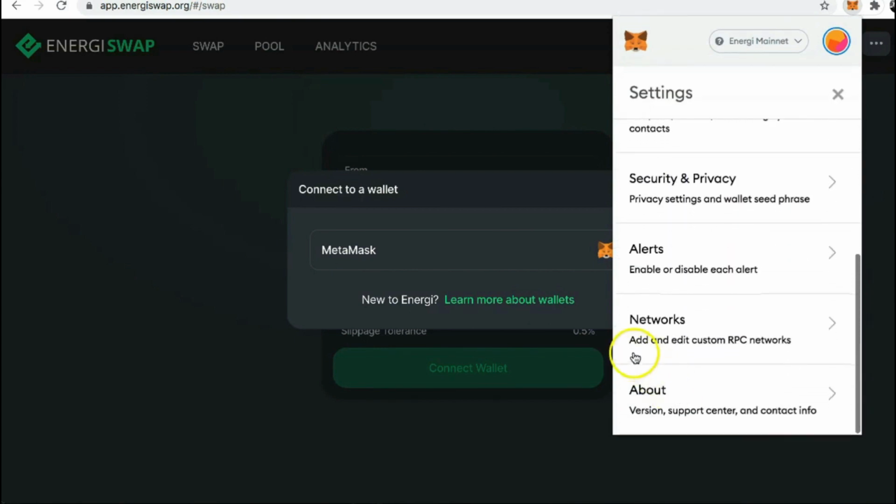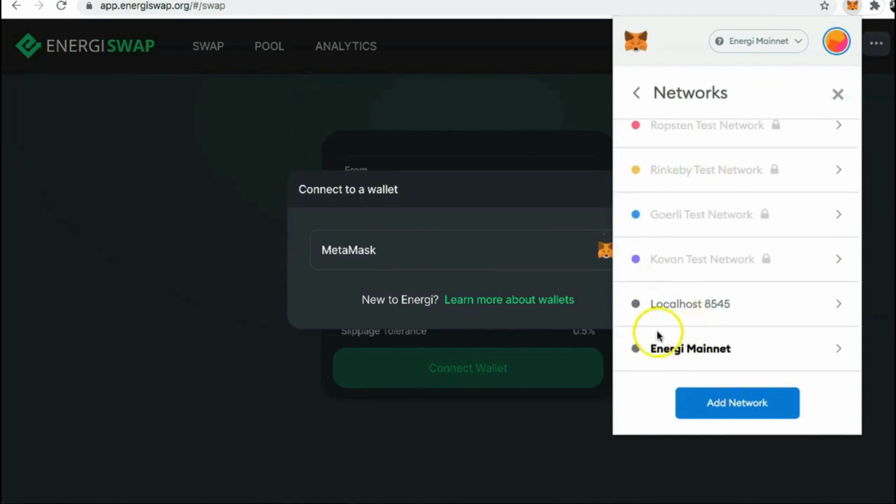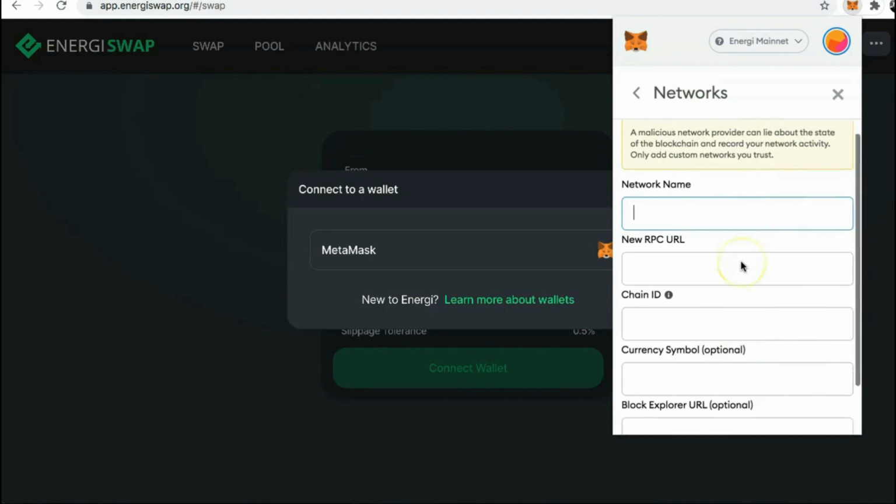And you go to the bottom of the settings link and you click it. Scroll down to networks and then add and edit custom RPC networks. You'll see Energi mainnet there. Click Add Network and enter the required information, which can be found on the Energi homepage on the Additional Resources